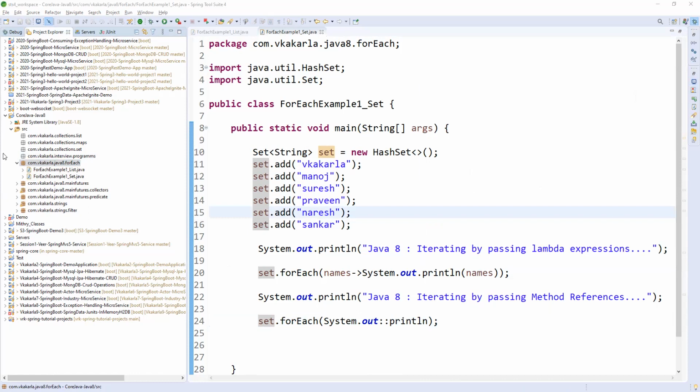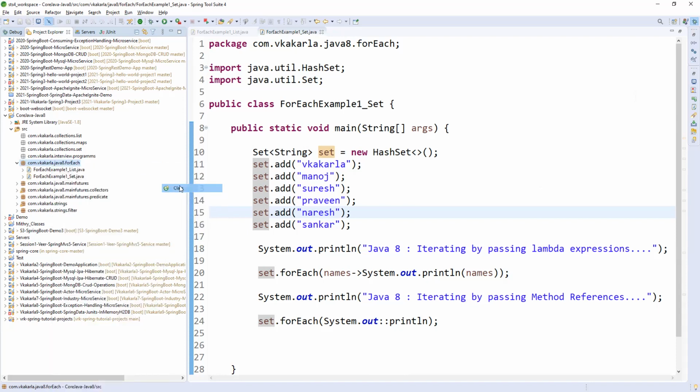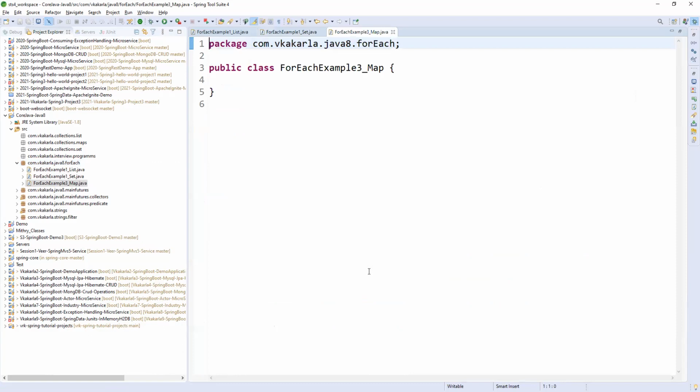Let me take the map and write the main method.